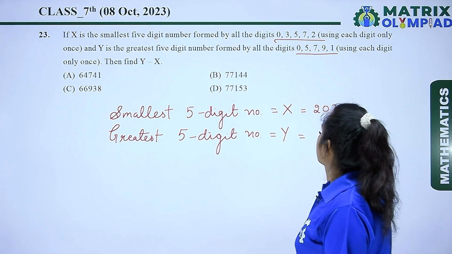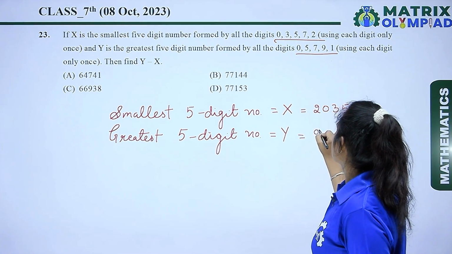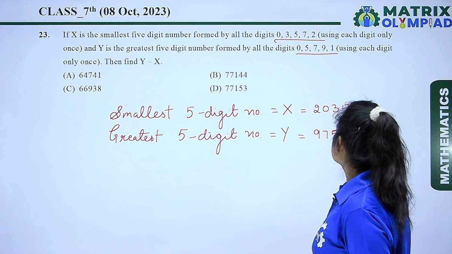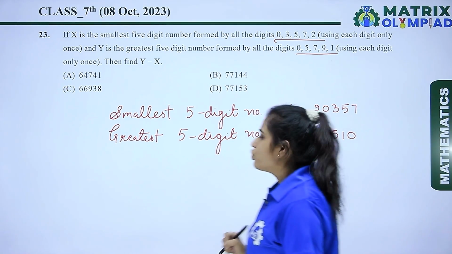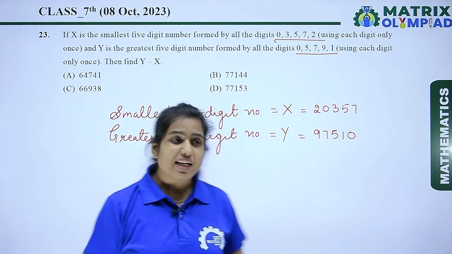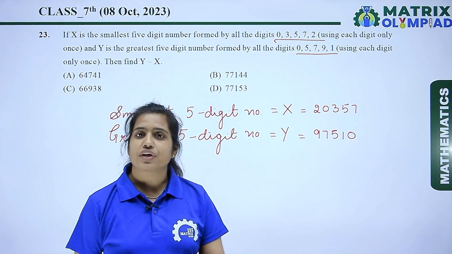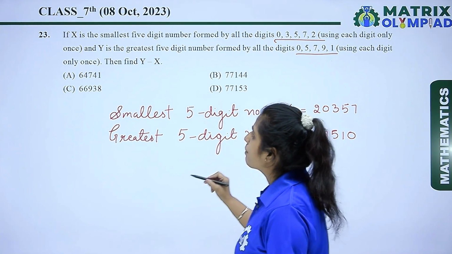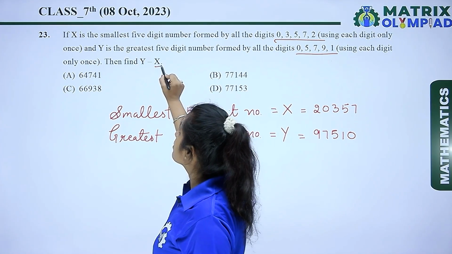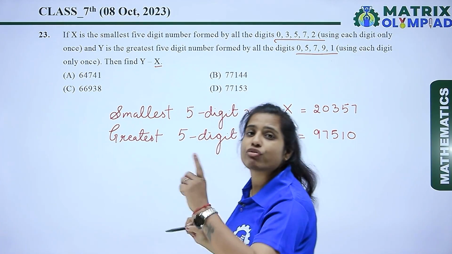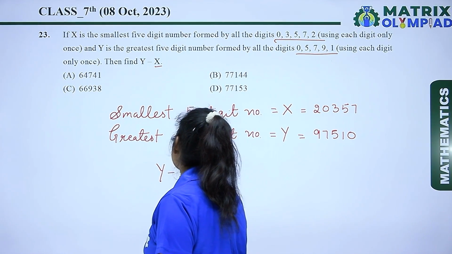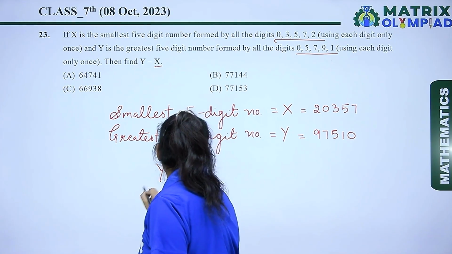Represented by y, that is 97,510. So here the greatest 5-digit number is 97,510. Now according to the question, what we have to do? We have to subtract the smallest 5-digit number from the greatest 5-digit number. So here y minus x will be